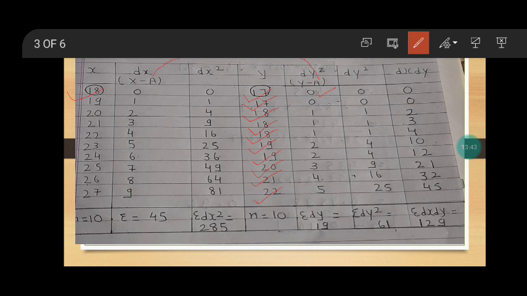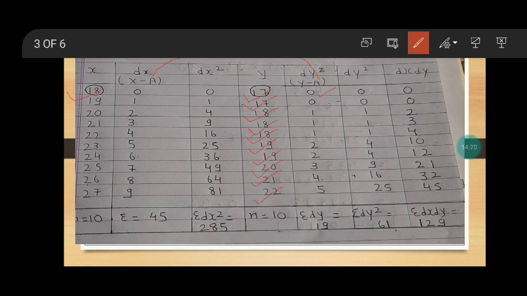Now we have to make the summation of these different columns. When we talk about the first column, it refers to the x series. Here we don't have to take the total of these items. We just have to calculate how many items there are, the number of items, and write it here. The number of items is denoted by n, and that is why we are writing n is equal to 10, because 10 items have been given in the x series.